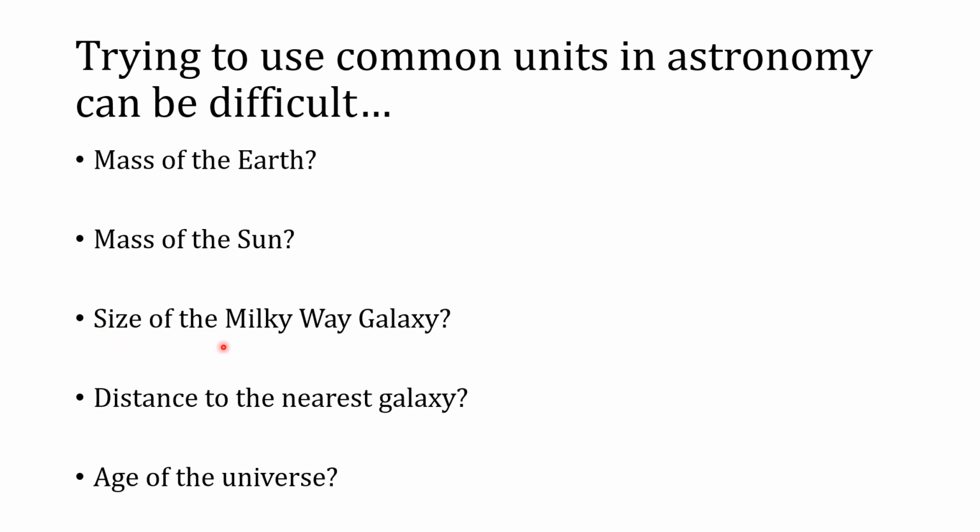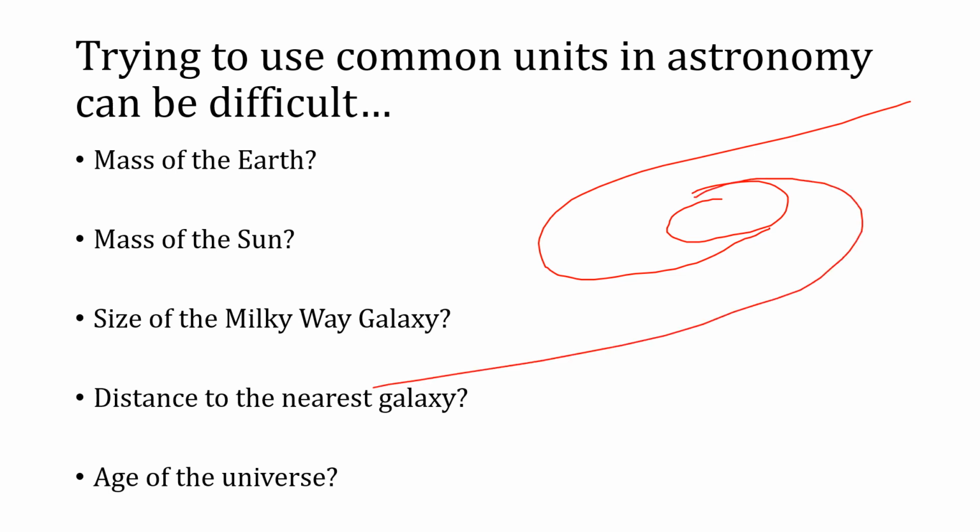And you can think of the size, like the diameter of the Milky Way galaxy. So if we've got the center of the galaxy here, and then you've got these big spiral arms that go out like that, and you want to know the size of the galaxy, let's just say from here to here, and we can ignore the outer part of the spiral arm there and the outer part over there. But even this distance,